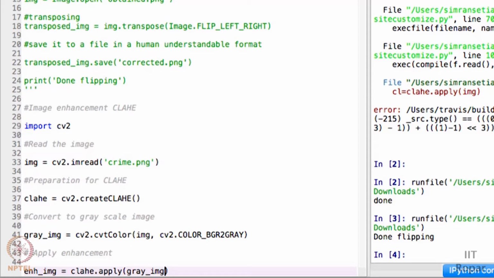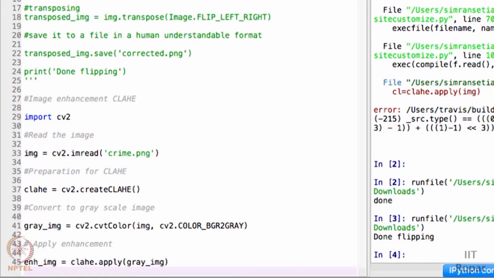As I have said, all this image processing would be dealt with in terms of matrices. IMG is a matrix corresponding to your original image that has been converted to grayscale, and the corresponding matrix is captured by gray IMG, and that has been applied, and some transformation would occur so that the image is enhanced, and this particular matrix is captured by ENH image, that is enhanced image. This is the short form I am using. This is captured by this particular object.